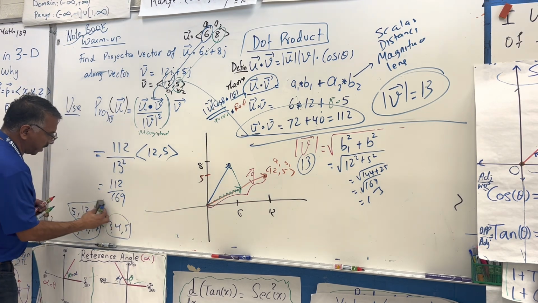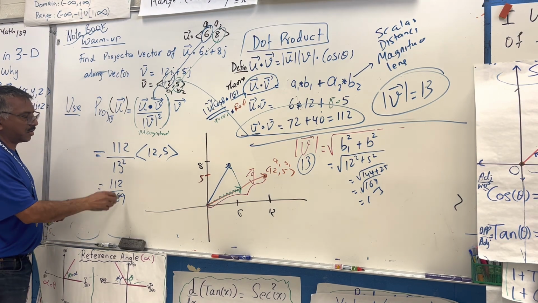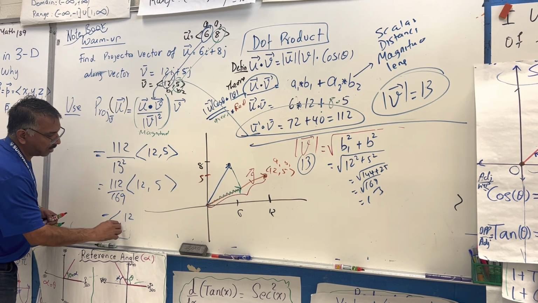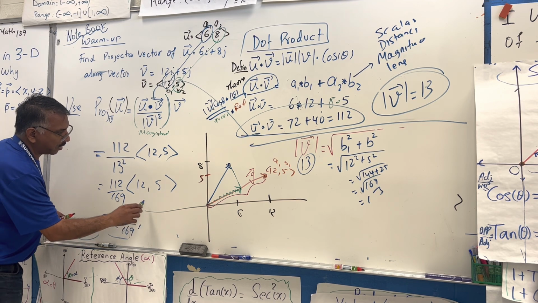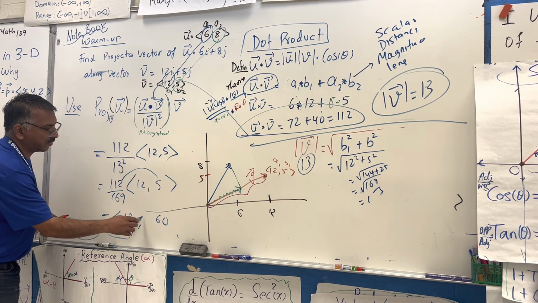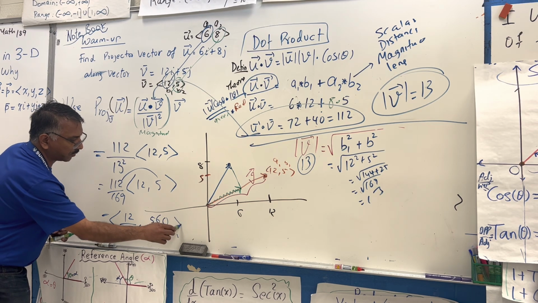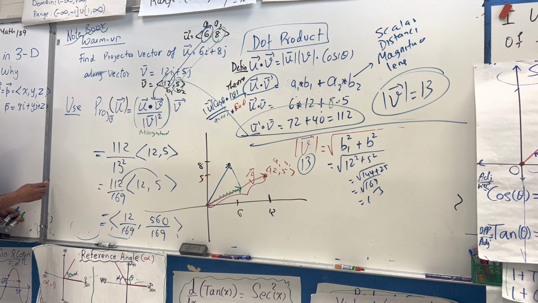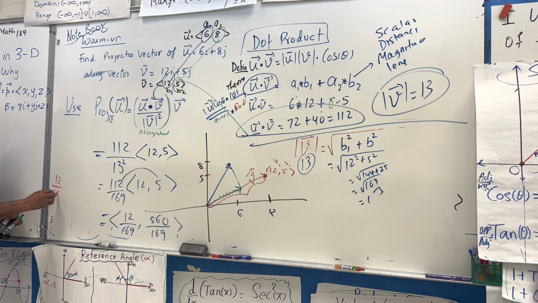So we get some ugly number, maybe this doesn't simplify. What I'm trying to say is, you divide it into both of them. So your final answer is 12 over 169, and 5 times 112 is 560, divided by 169. I don't know what number that is, just write this, that's it, you're done. Or if you want to write it in vector form, it is 12 over 169 i plus 560 over 169 j. Got it? So that's it, you're done. So just to understand, the projection vector of z along this is,